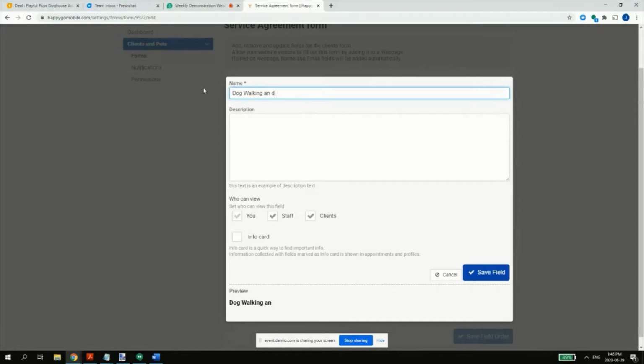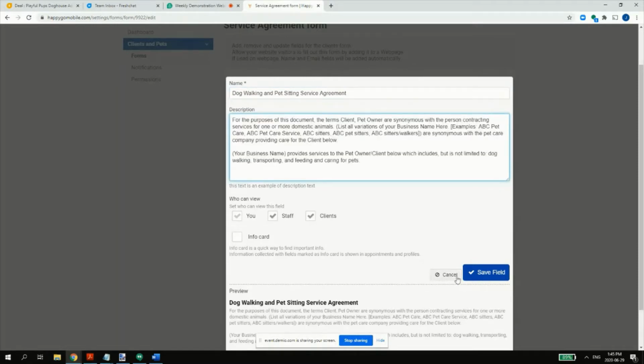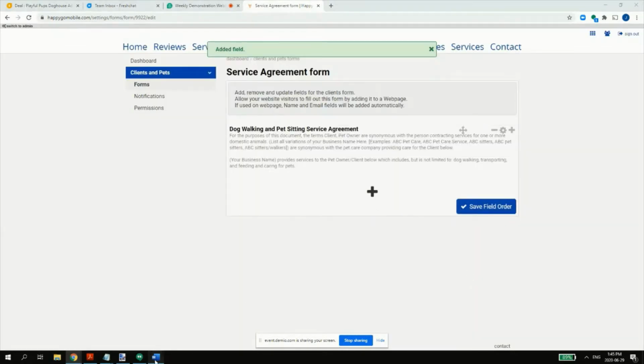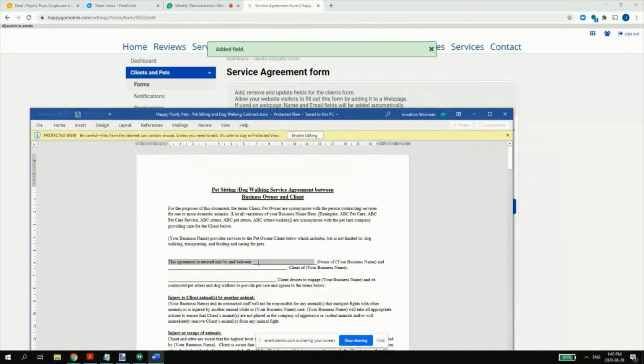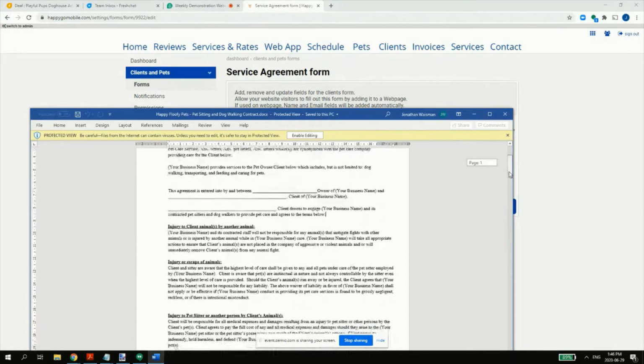Yeah, dog walking and pet sitting. So we start building it up. This agreement is entered into by and between something, well, obviously, something client desires to engage, and it's okay. So that goes to the bottom,